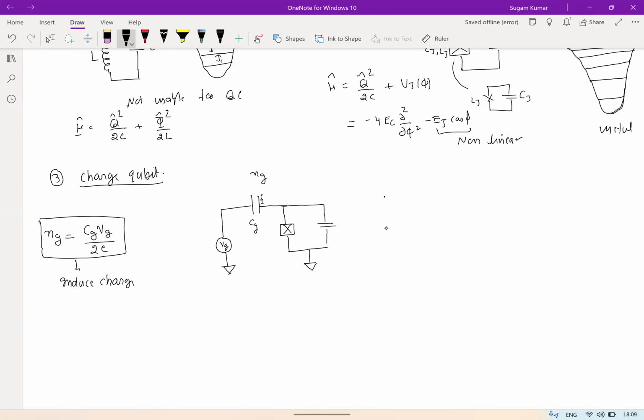As a result, if you look at the charge qubit, the Hamiltonian is going to become 4EC and N cap